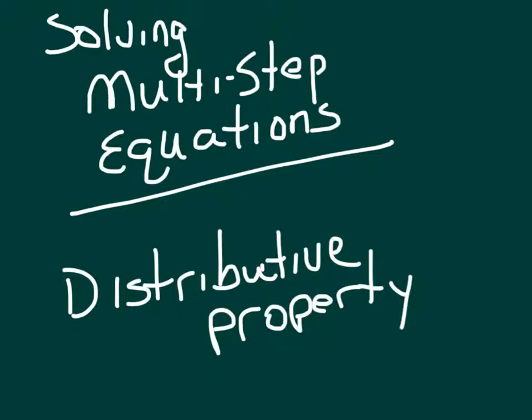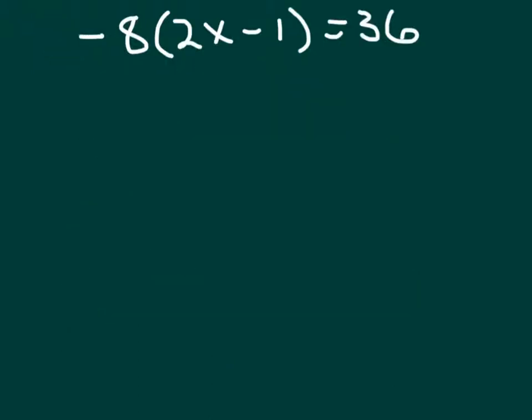Okay, this time we're going to be solving multi-step equations using the distributive property. We have negative 8 times 2x minus 1 equals 36. So the first thing we're going to do is check to see if 36 is divisible by negative 8 an even number of times. 36 is not divisible by 8 an even number of times. It goes 4 plus a little bit. So